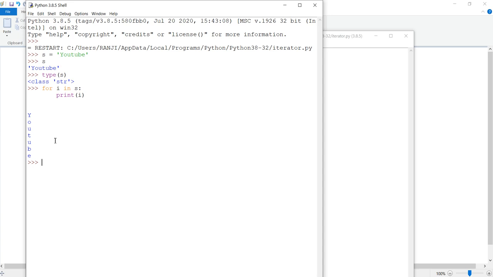Now, how do you think this mechanism is working internally? This is not only the case with the string data structure, but also with list, tuple, set, dictionary, and the advanced variants that we have not covered, like ordered dictionary or named tuple.